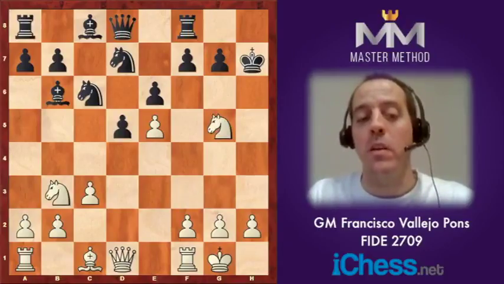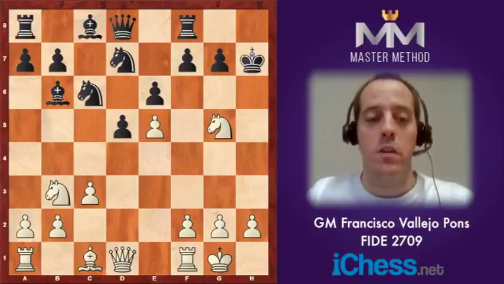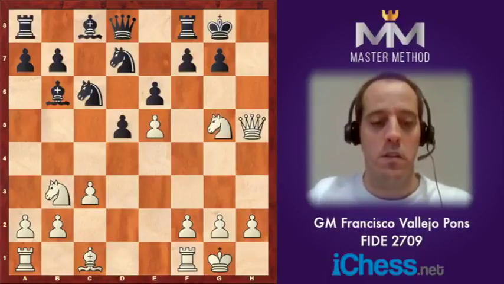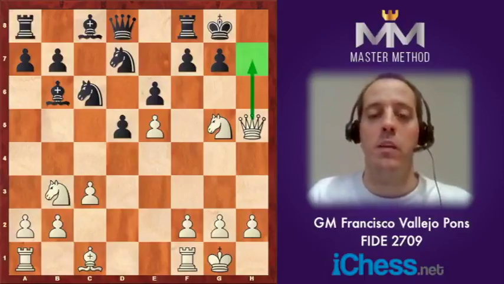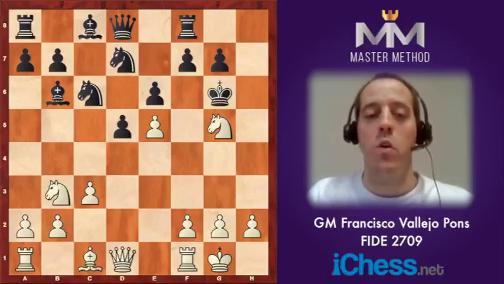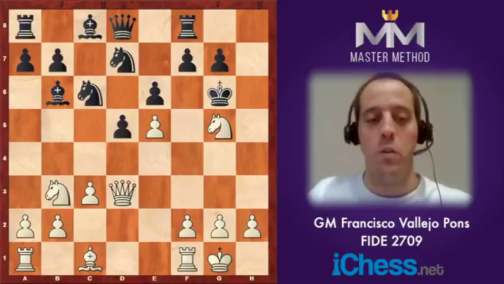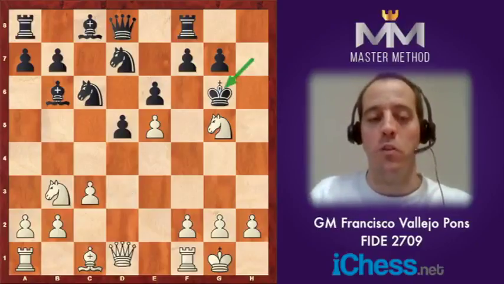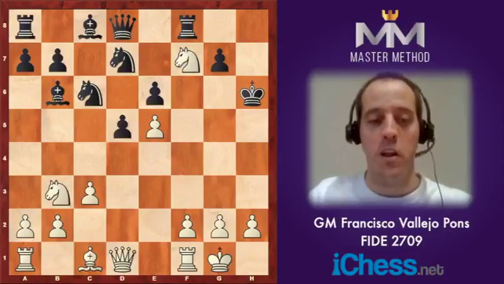After king h7, knight g5 check. King g6 is the only move. If king g8, simply queen h5, and this threat of queen h7 is killing black. So he needs to go king g6. Now queen d3 check. This is actually very typical in this position. This escape with king g6, because you cannot go to h6, because the bishop on c1 will destroy everything with, for example, knight f7 check,